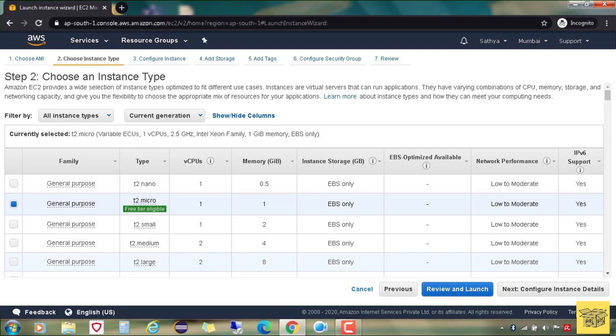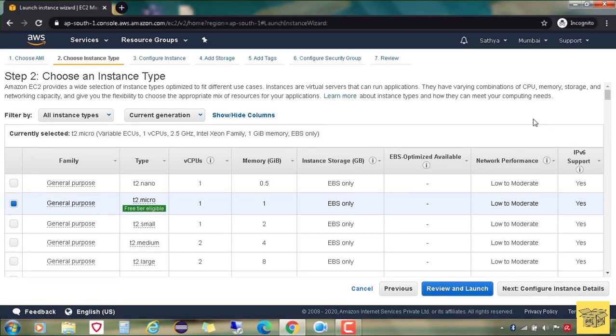In this step, we are going to choose an instance type based on the purpose of our EC2 instance or the type of application or website which we are going to deploy in it. So basically there are a total of 5 types. Each of the instance types has its own specifications or configurations. We will be seeing each one of them now.